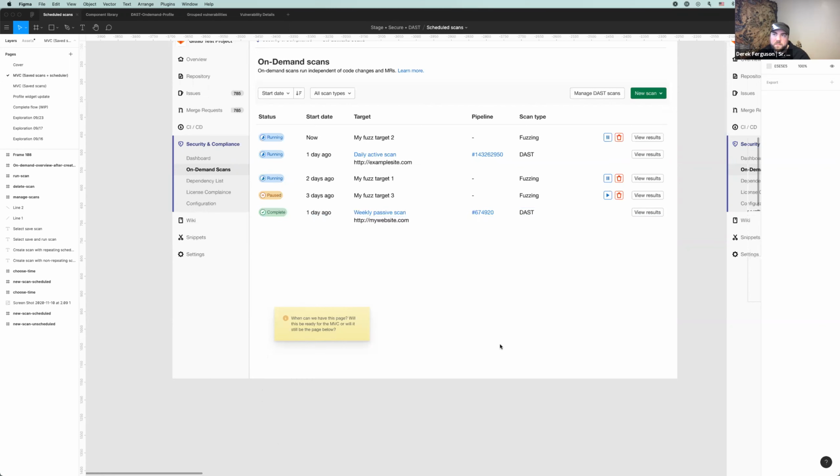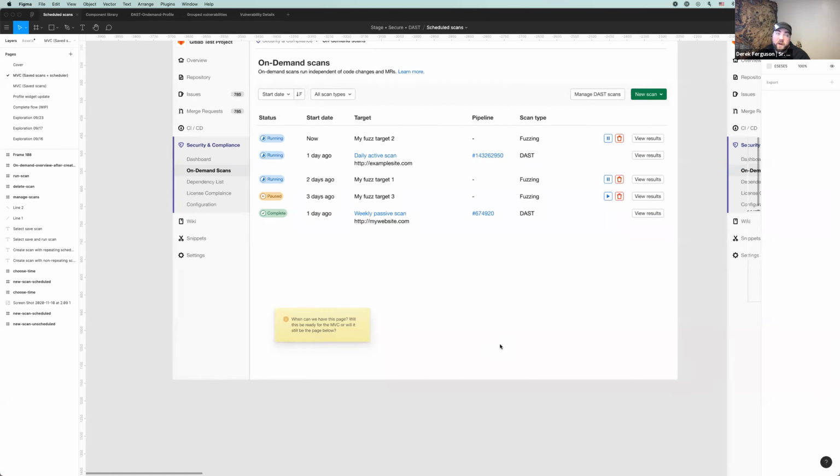I would be interested in tracking trends for the individual scans, and showing, like you were talking about, Annabelle, how many vulnerabilities were found, how many times it was run, how long the scan takes to run each time, and several other things. So it could be just a completely separate page that we put those on.